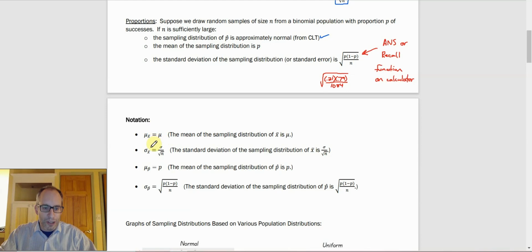Then standard deviation of the sampling distribution of x bar. So it'll just be population standard deviation divided by the square root of n. Mean of the sampling distribution of p hat is p. And then standard deviation of the sampling distribution of p hat is that root. Okay,